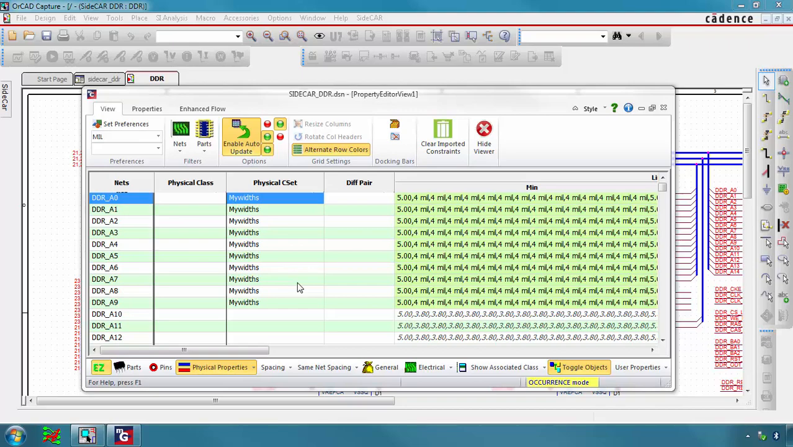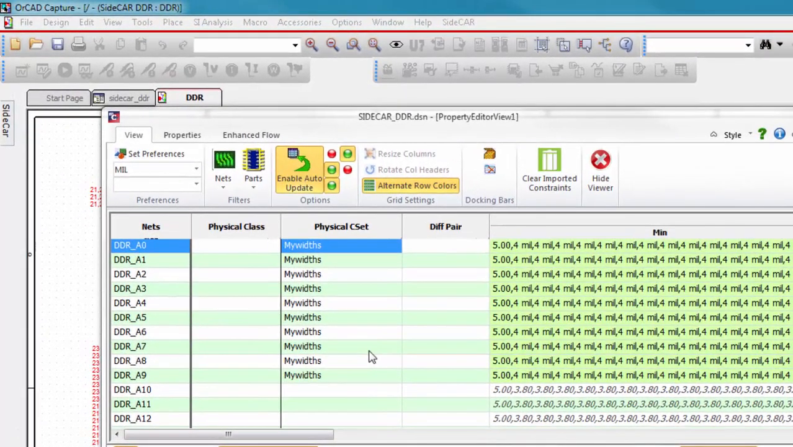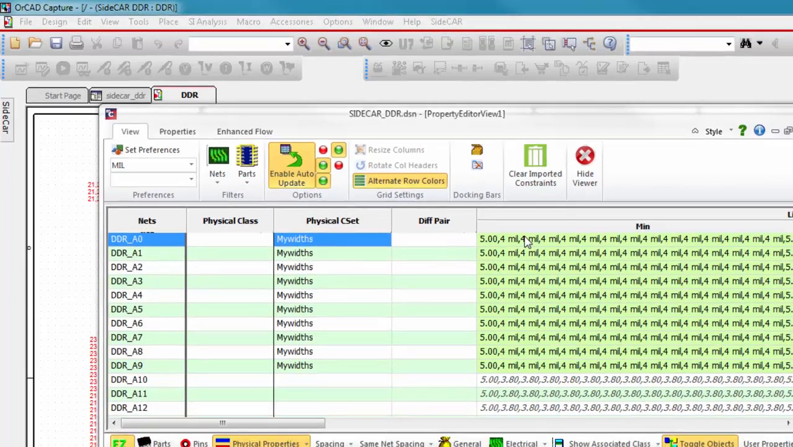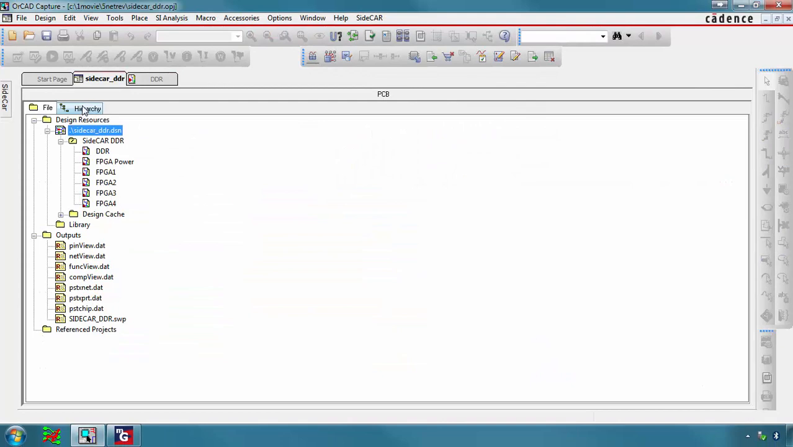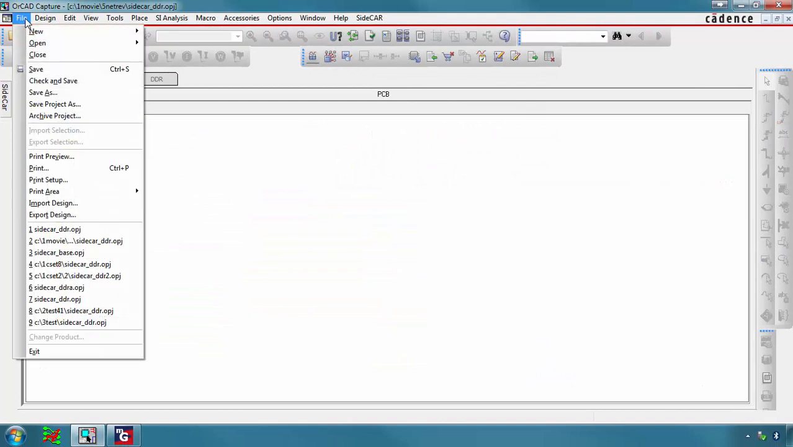In our last movie, we created physical C-sets with widths by layer for the internal layers, and we assigned them to the DDR A0 through A9 bits. We did this on the Capture desktop in the constraint window. You can see the cross-section of the assignment is 4 mil widths on the inner layers and 5 mils on the outer layers. I'll save this DSN file,